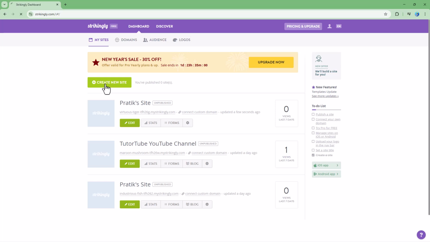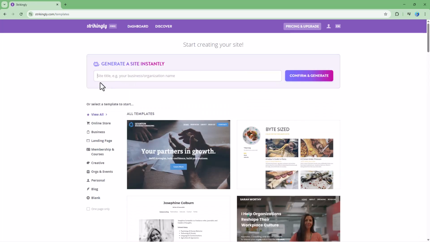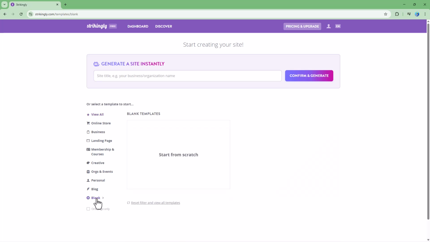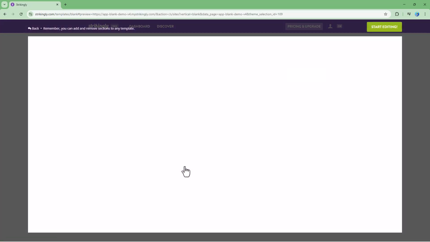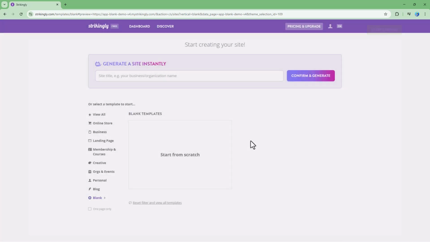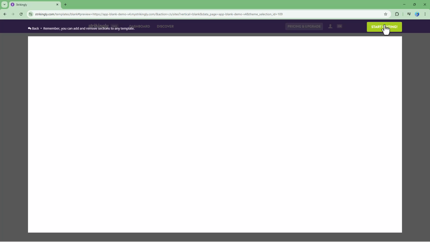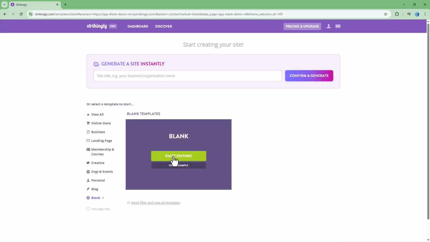So once you go ahead and do that, what happens is that over here on the bottom, you can see that blank is an option. And then you can see that Start Blank is an option right here. There's the blank template. If you were to click on View Example, you see nothing because it's simply blank without anything. So you can go around over here and click on Start Editing, or you can go ahead and click